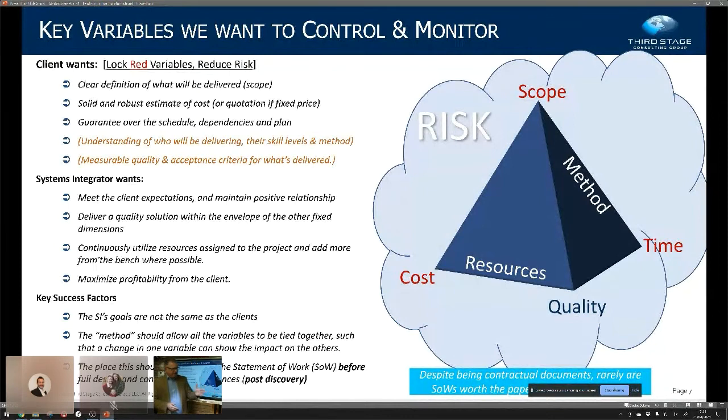You need some form of guarantee over the schedule and dependencies and plan. And I'm not, again, asking for the supplier or the SI to guarantee it. What you need to be sure of is that when you are signing up to that schedule, you believe in your own heart and everyone in your team believes in their heart that it is deliverable.